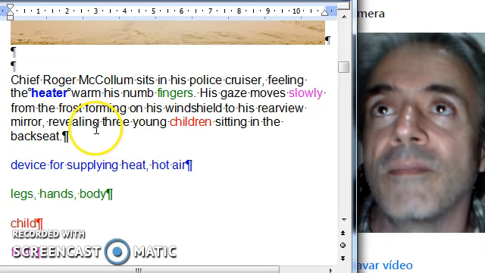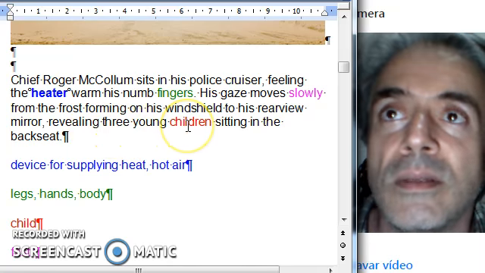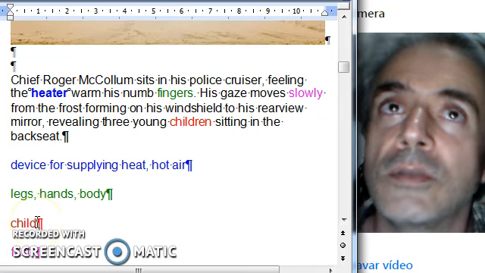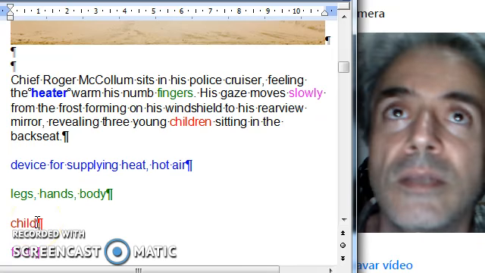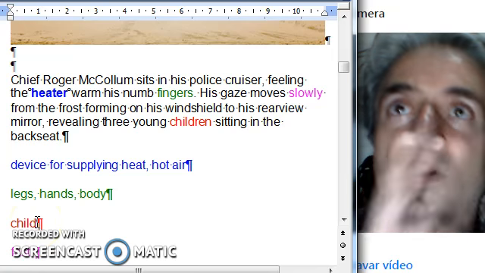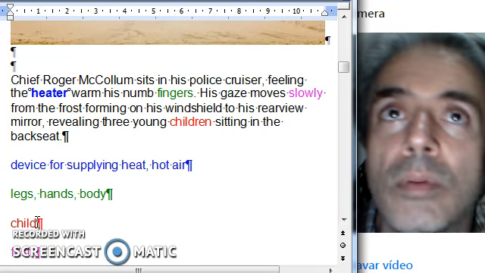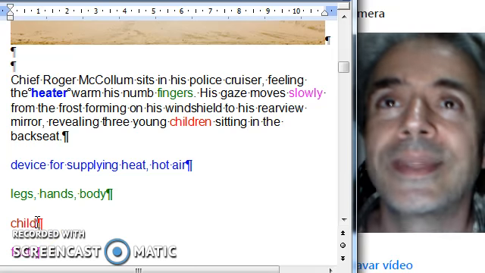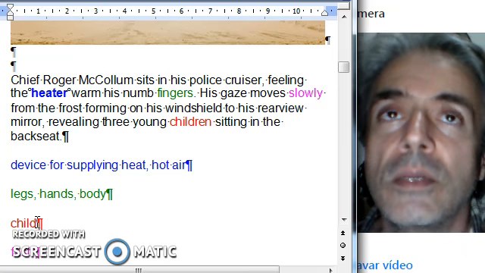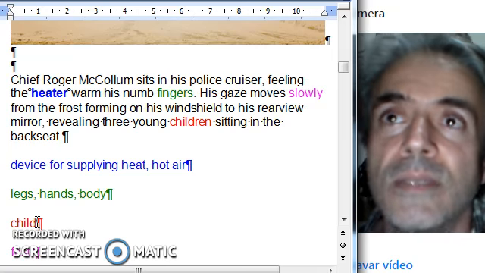Another thing there, "revealing 3 young children." The teacher could point out children's plural, 3 children. They can use mimic, like say 3 or just 1 child, to explain the plural and singular. So the text and storytelling is a very good tool to teach many things, and also they